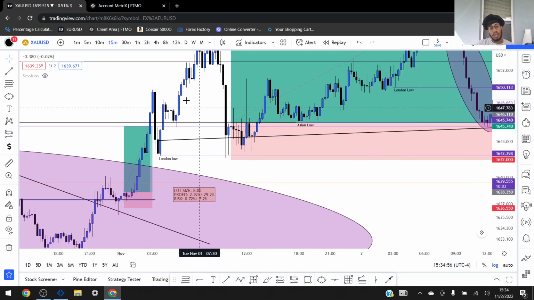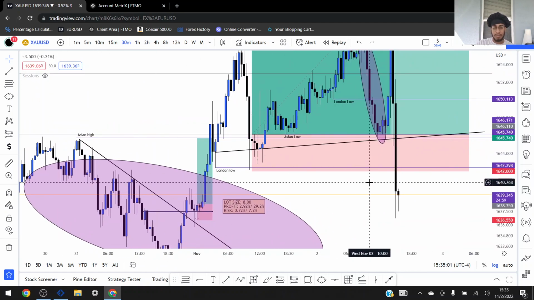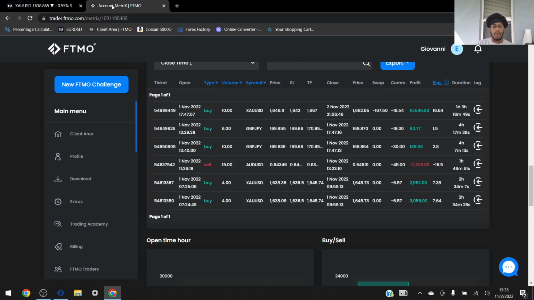Because it's more raw and you get to really see how much you're risking. But that was the first trade, so that's how much I was risking. It was pretty decent. I mean, one to four. Second trade is on AU,